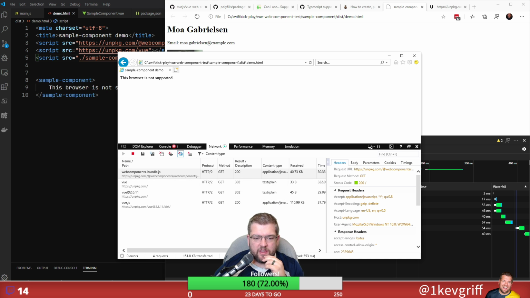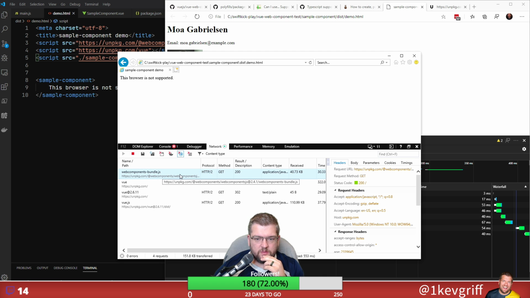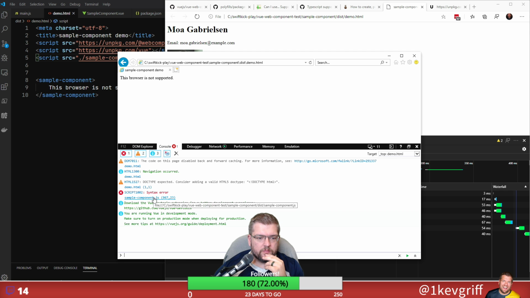Okay, so even with the polyfill, this part doesn't work. So the polyfill is loading. Yeah, the polyfill is loading. It loads Vue, it loads the view. But